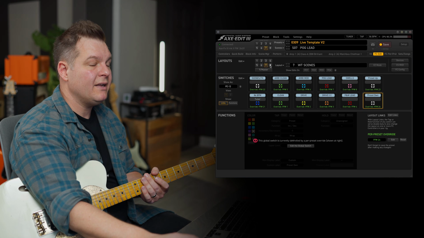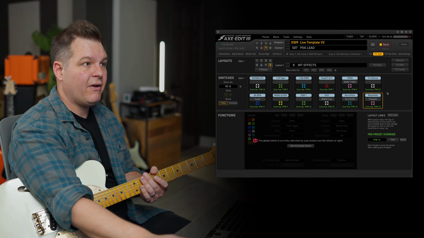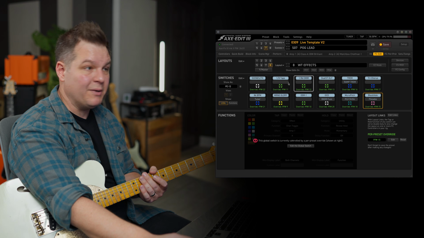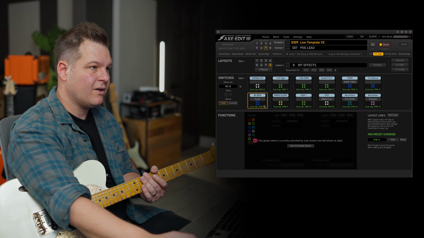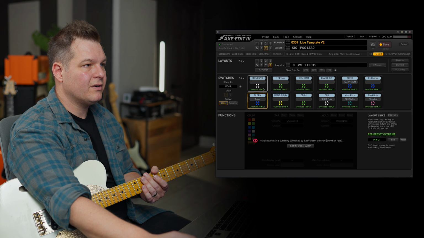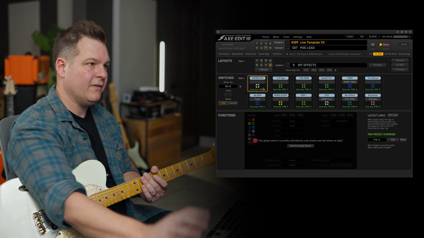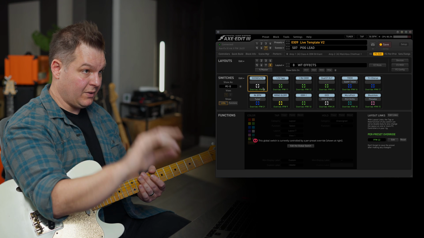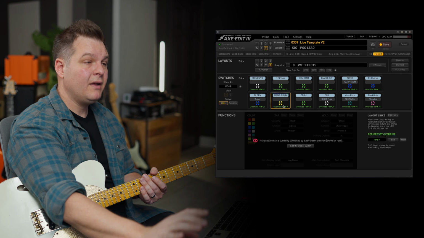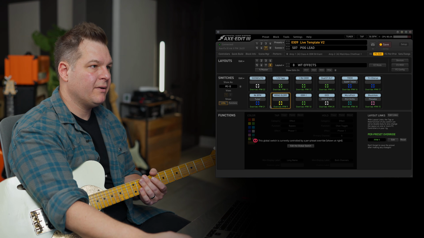All right, so that is layout 7. Layout 8 is where my effects come in. All right, so again, I have the same 2 utility buttons on the left, the tuner, the tap and the tuner, and then the scenes and effects button, so I can swap between those 2 layouts. And then I like to line up my drives on the bottom. So I've got